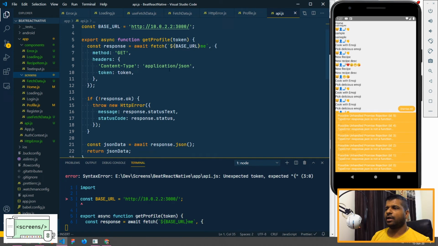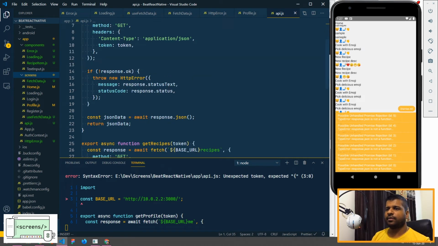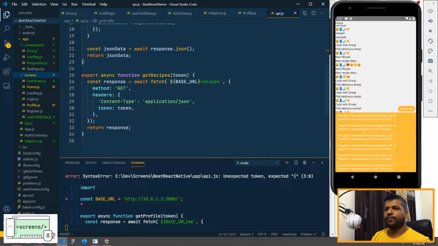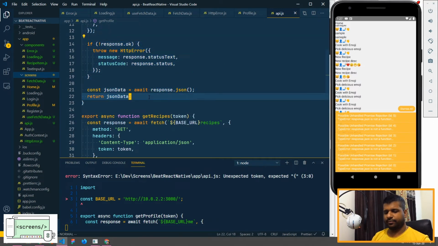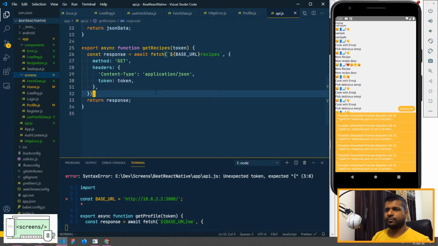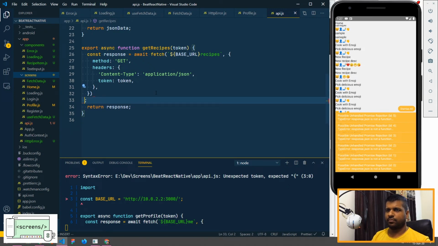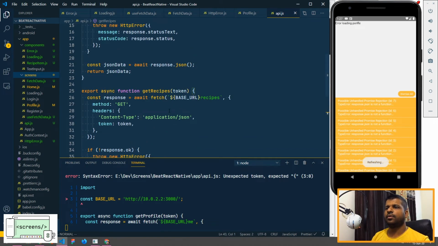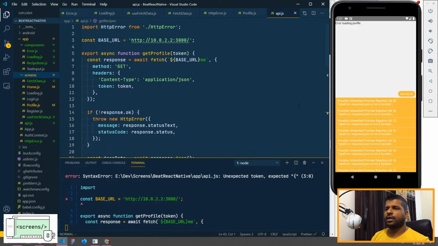What I am doing here is checking the response: if the response is not okay, I'll throw the HTTPError and set the message and the status code to response.statusText and response.status. We need to do the same thing for getRecipes as well.